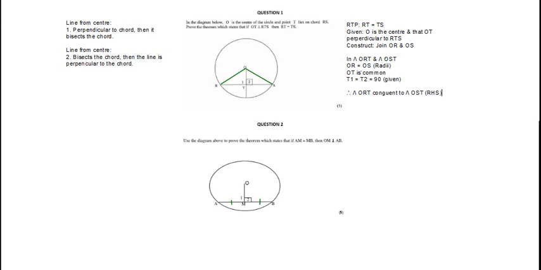The right angle, which is 90 degrees, is equal in both triangles. I've proved the hypotenuse, which is the radii, and also one side, OT, which is common. And then the last step: therefore